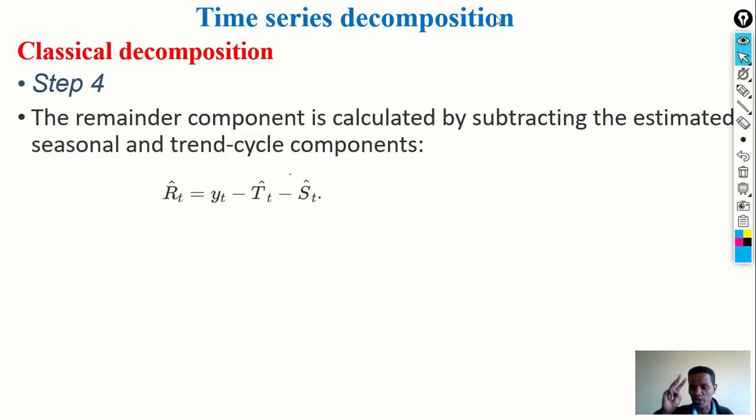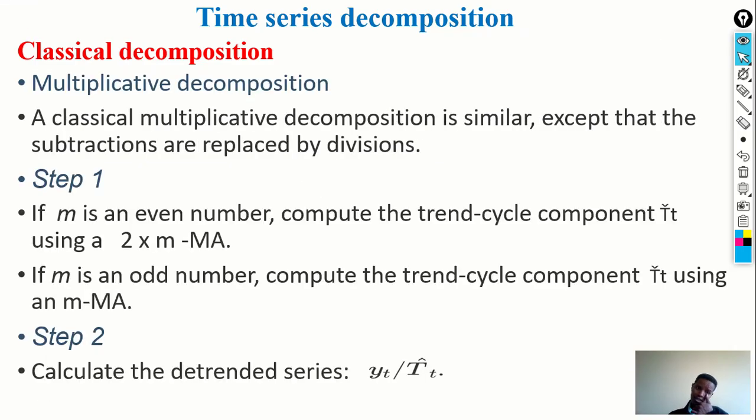So these are the three components for any decomposed data, according to the additive classical decomposition method. For the multiplicative decomposition, a classical multiplicative decomposition is similar, except that the subtractions are replaced by divisions. In the additive, we just subtracted, but in the case of multiplicative, the subtraction will be replaced by the division. Like if m is an even number, so we compute the trend cycle component, that is T hat,